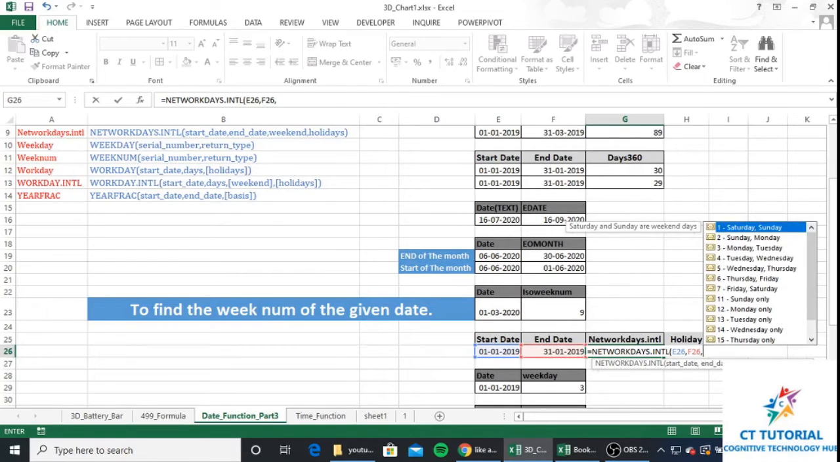See here, if you put 1, it will take Saturday and Sunday as a weekend. If you put 2, it will take Sunday and Monday. If you only choose Friday, you need to put 16. If you want to choose only Sunday as the weekend, then you need to put 11. So as per your requirement, you can refer to this table and put the number. I will take Saturday and Sunday as the weekend in my case,